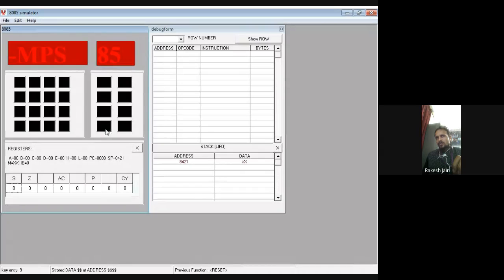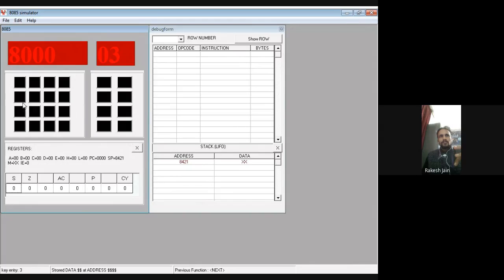So which ones are necessary for us? This one is the reset key. This top one is the reset. Okay, this one is next, this one is go, this one is execute, and this one is new memory location. I have already taught you the front panel and even showed you the MS Paint file. Okay, now see what I have to do. Because my program is at 8000, I have to start from 8000. So first of all, click on reset, then click on new memory location, then click on 8000. So now 8000 is the starting address.